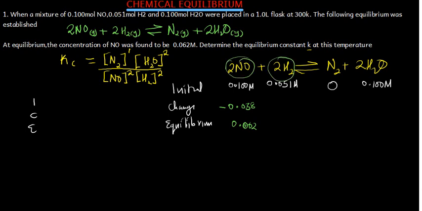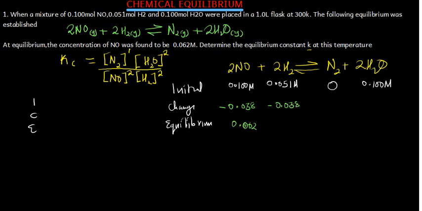Because they've got the same coefficients, so their rate is the same, isn't it? As if this is the change of the first one, it will also be the change of this one. The reason is simple: they are all 2, so they are in a mole ratio of 1 to 1. In other words, 2 to 2 is 1 to 1. So this will also be changing by negative